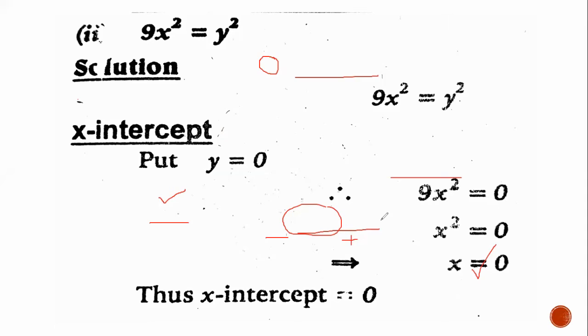Dividing both sides by 9. Hamza Naeem: Sir, do this type of questions come in MCQs? Yes, they are given in the MCQs paper. As we have started a new topic, we are practicing how to find x-intercept and y-intercept for any line. These minor concepts will be given in important questions and long questions. So we are practicing here for MCQs. I hope you got the answer, Hamza Naeem. 9x square is 0, dividing both sides by 9, x square is 0. On taking root both sides, x becomes 0. So we have computed the x-intercept by putting y as 0.